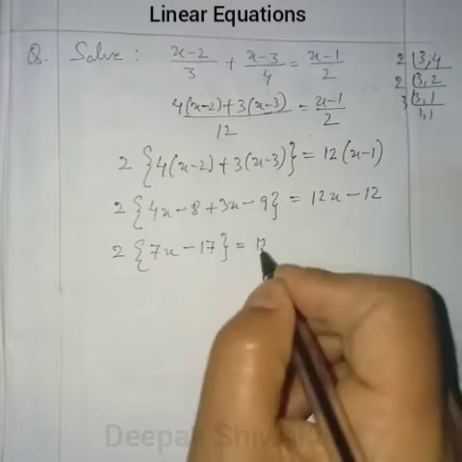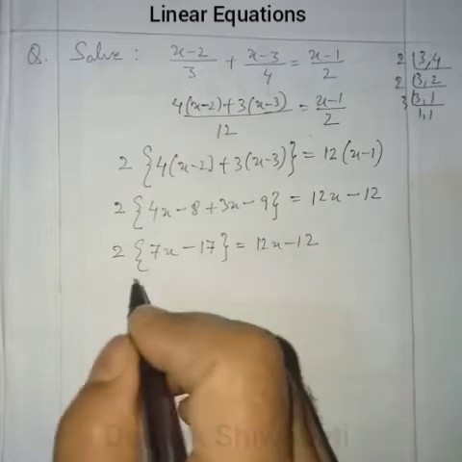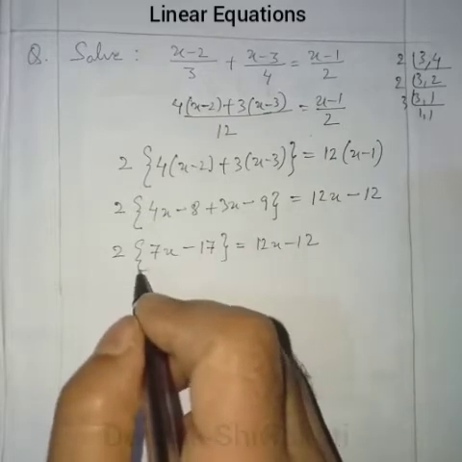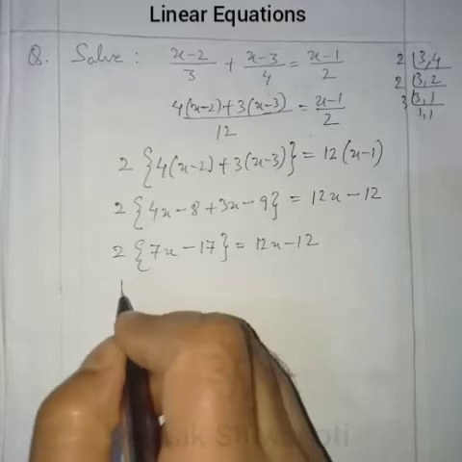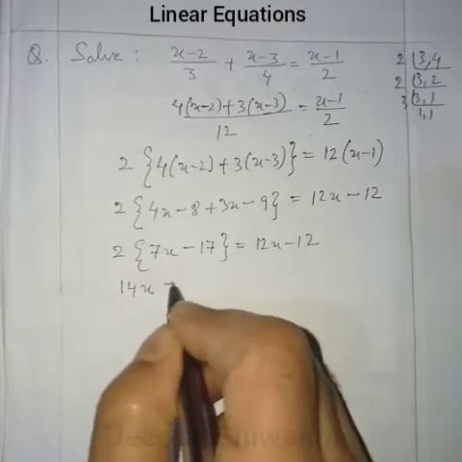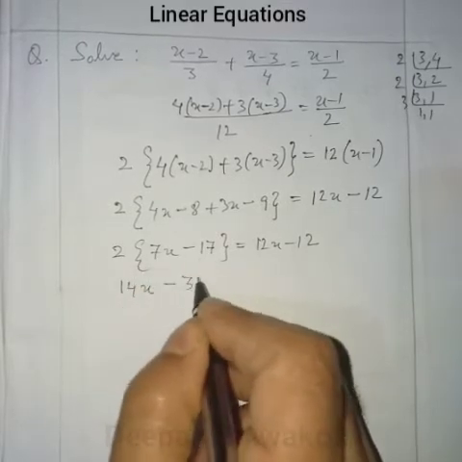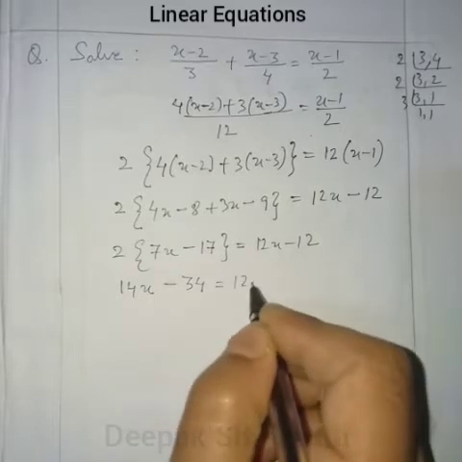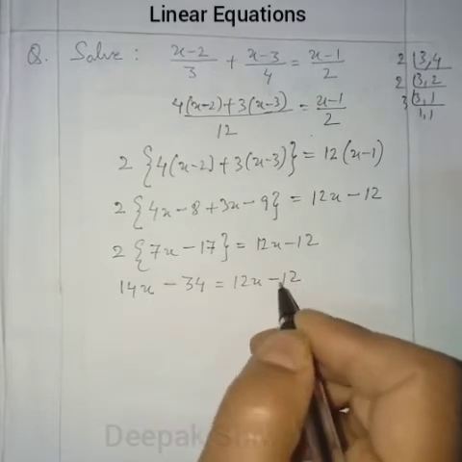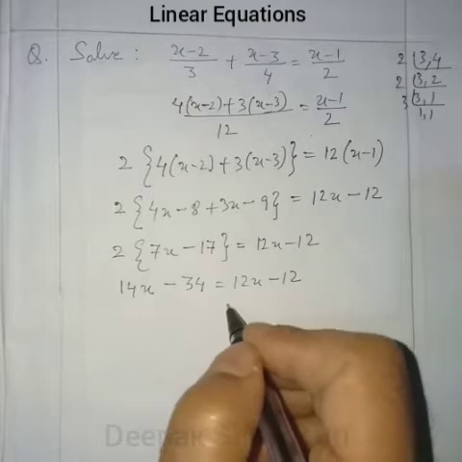This side 12x minus 12. Now open the bracket. 7 2s are 14, x minus 17 2s are 34. This side 12x minus 12. Okay, now here